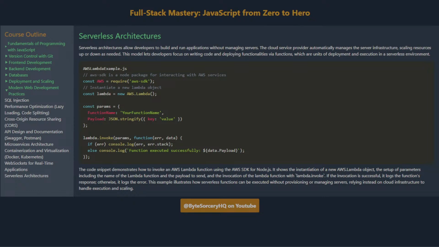The code snippet demonstrates how to invoke an AWS Lambda function using the AWS SDK for Node.js. It shows the instantiation of a new AWS Lambda object, the setup of parameters including the name of the Lambda function and the payload to send, and the invocation of the Lambda function with lambda.invoke. If the invocation is successful, it logs the function's response, otherwise it logs the error. This example illustrates how serverless functions can be executed without provisioning or managing servers, relying instead on cloud infrastructure to